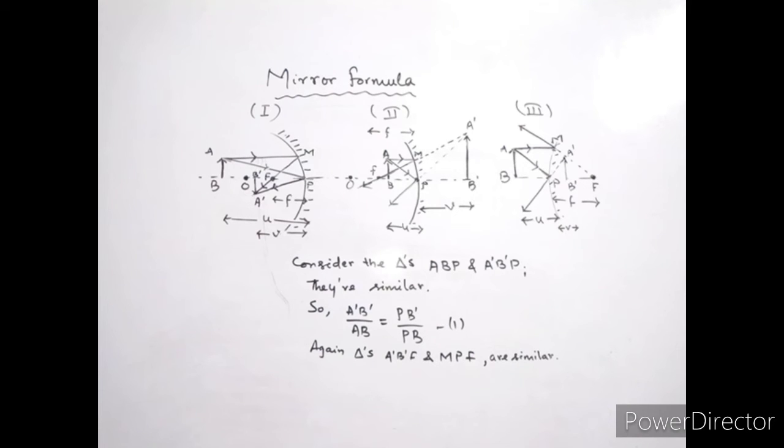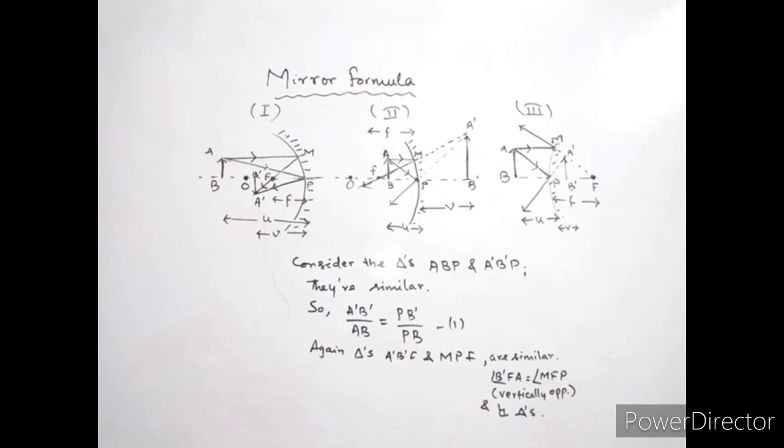Now they are A'B'F and MPF. They are also similar. Now how are they similar? Of course, you can notice that MP that I have taken is a straight line, considering the curvature being very small and paraxial rays. So angle B'FA' is equal to angle